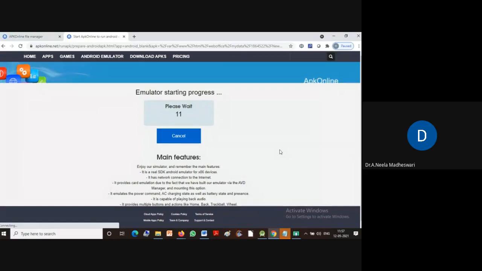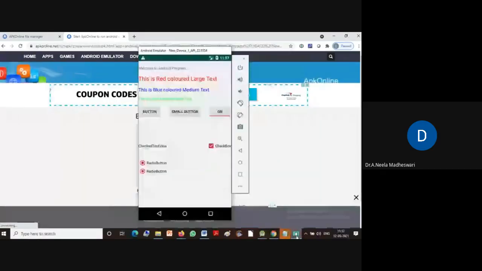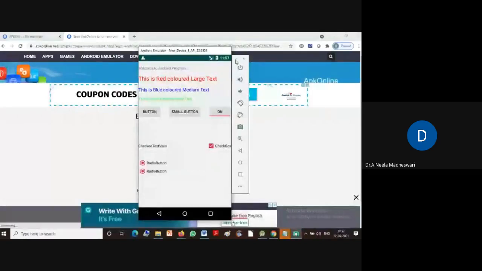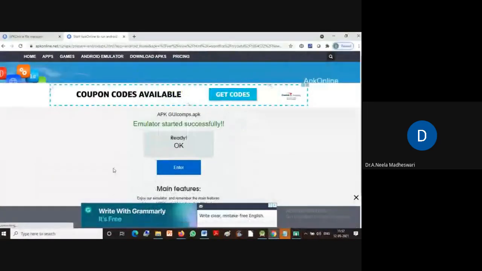What is the difference over here? In the emulator, we will be getting the mobile phone size itself, right? Whereas here you will be getting it in the form of a desktop itself.